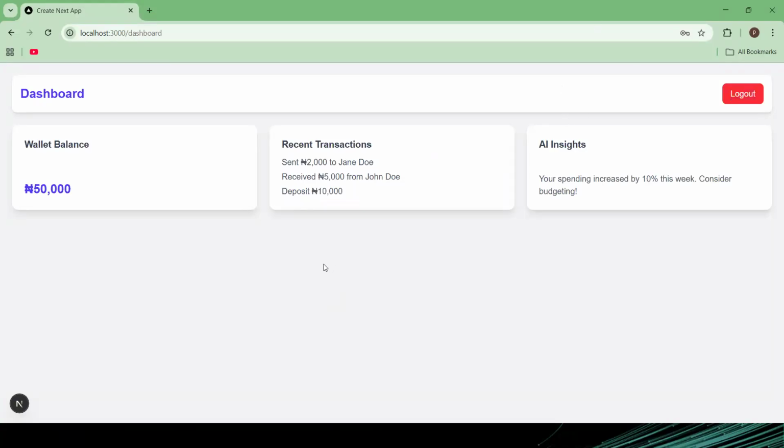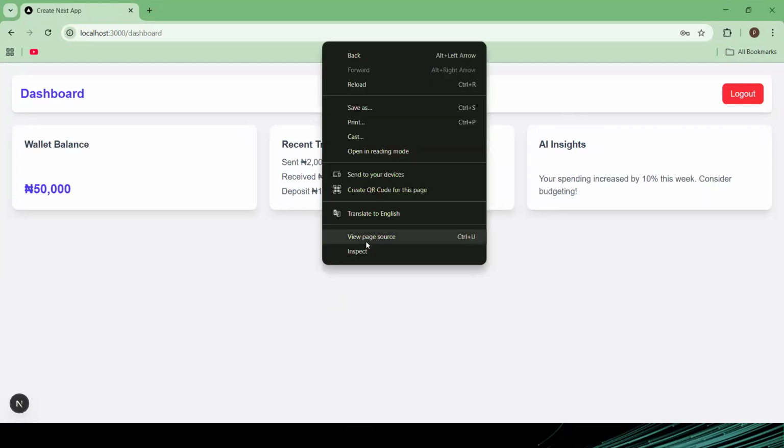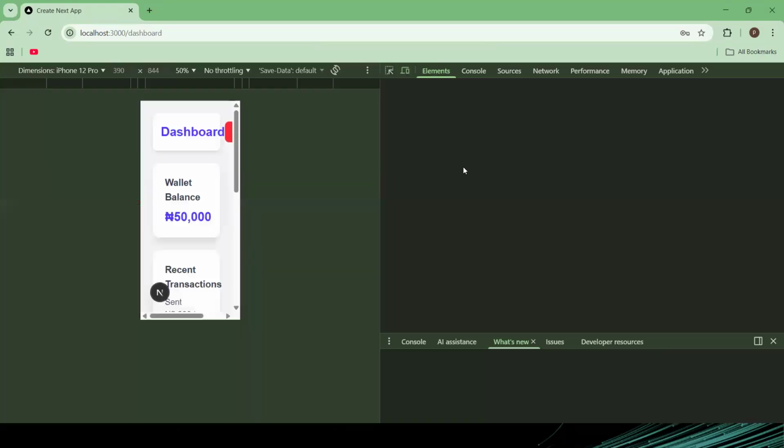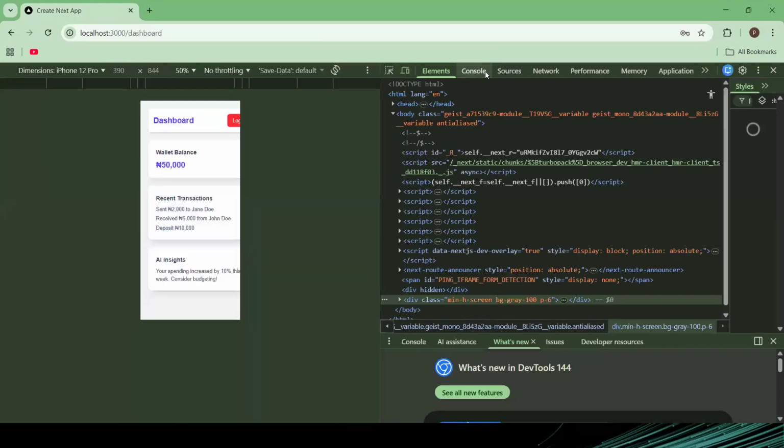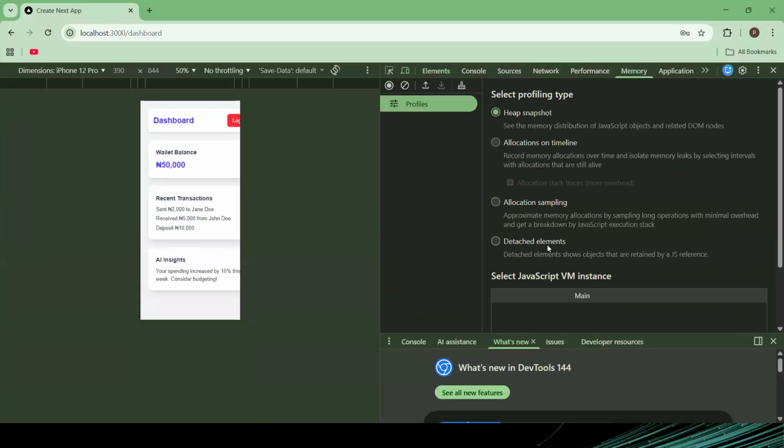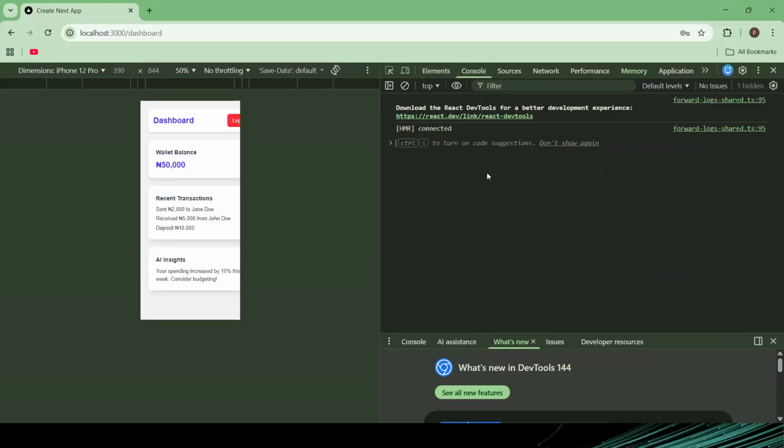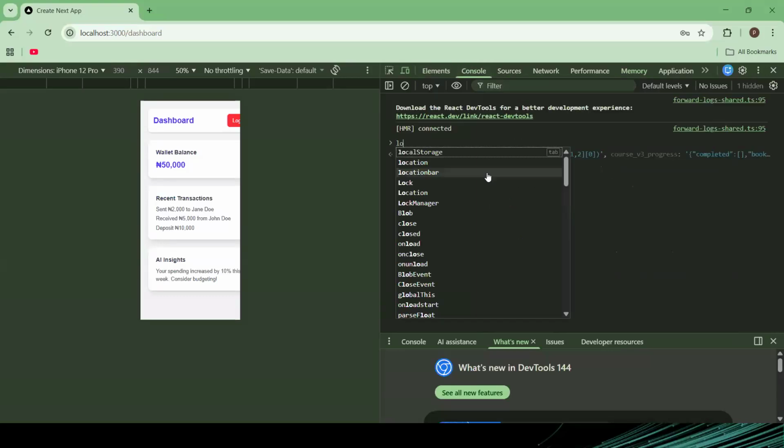So now let me go and show you. Okay, let me go to the local storage and see if I can show you. Can I get local storage here? Oh, okay. So if I come here and say local storage,